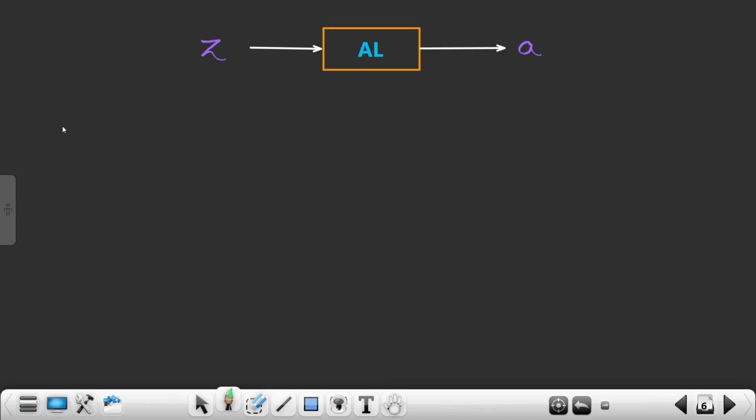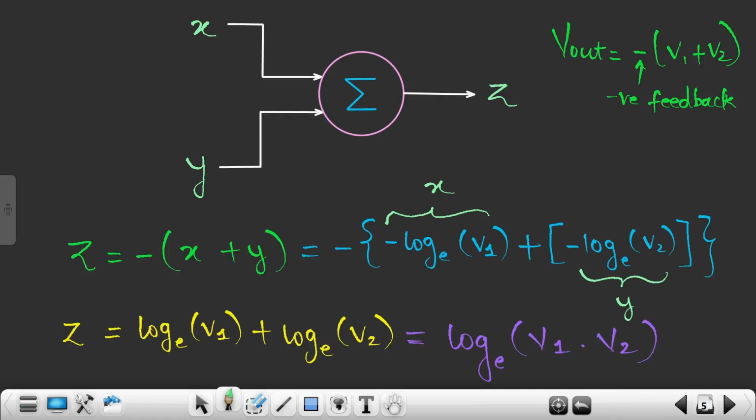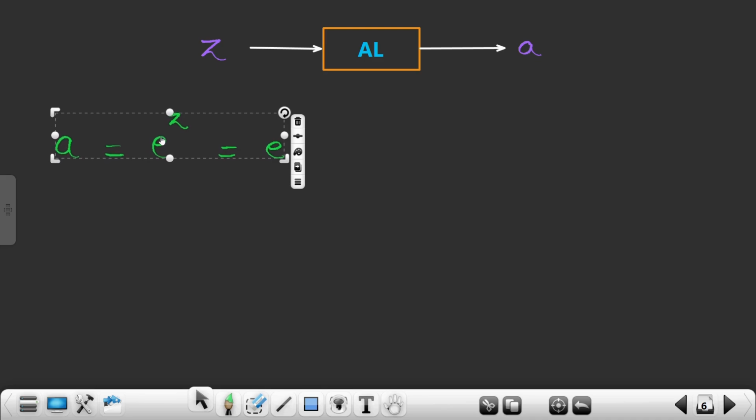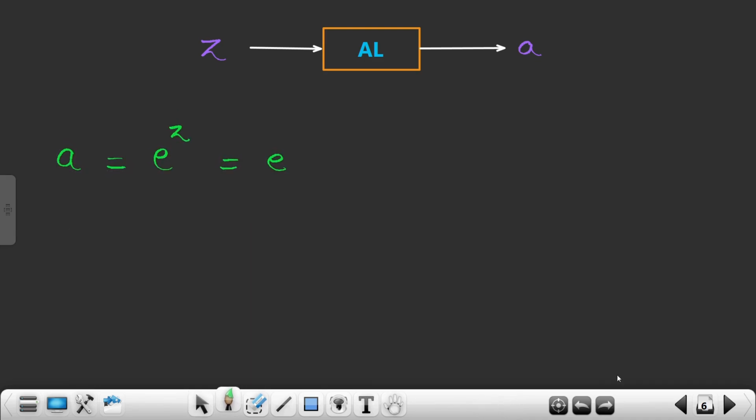So what is my Z? Z is nothing but log to the base e of v1 times v2, right? Okay, so what will be my A? Since it is an antilog amplifier, A will be equivalent to e raised to z. What is my Z? Let me write it a little below. Yeah, A is nothing but e raised to log to the base e of v1 times v2, right? Okay, so now what you will do is directly write it as v1 times v2, and